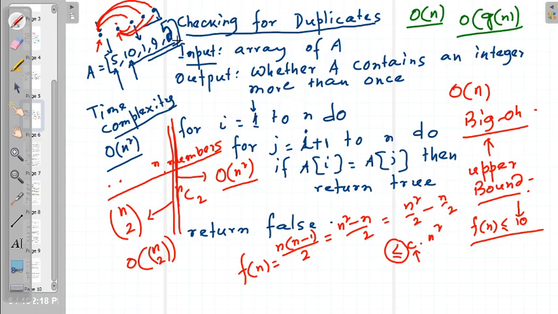One example is checking for duplicates in an array, whether an integer t is contained in both the array A and B. That example also we have seen. And also there is one integer t we are searching for in one array A. These are some of the examples we have seen, and based on that we have reached one